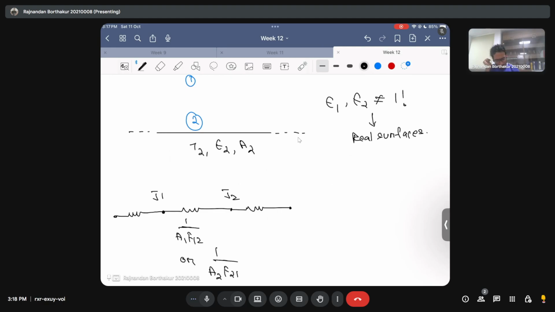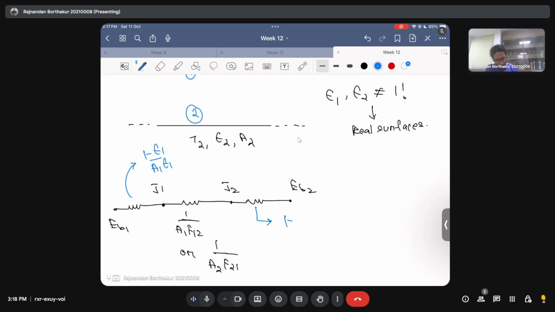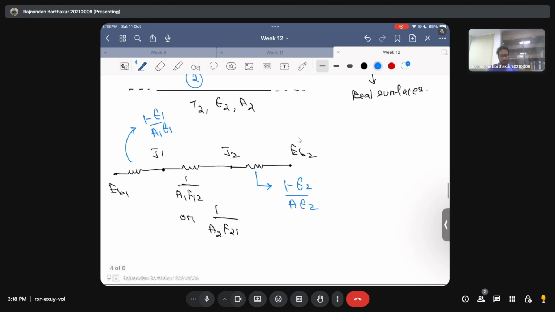Okay, so this is going to be EB2, and this is going to be EB1, and the associated surface resistance for body 1 is going to be 1 minus epsilon 1 by A1 epsilon 1, and the associated resistance for surface 2 is going to be 1 minus epsilon 2 by A2 epsilon 2. Okay, now